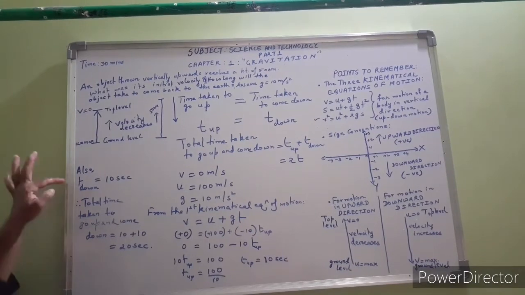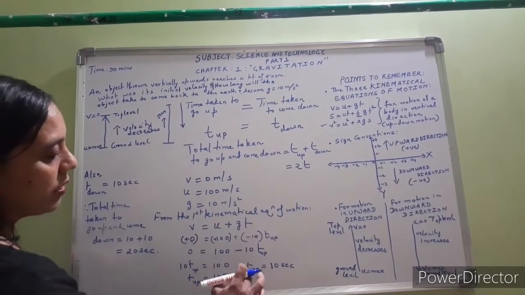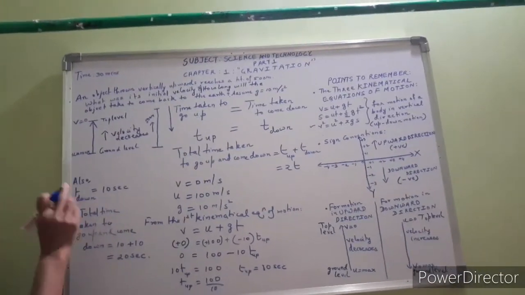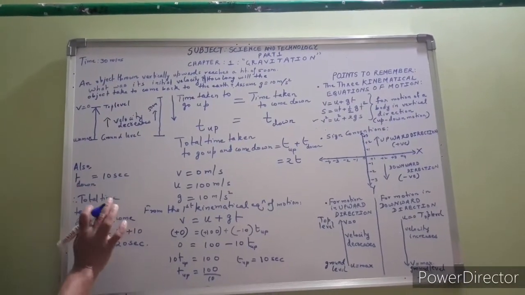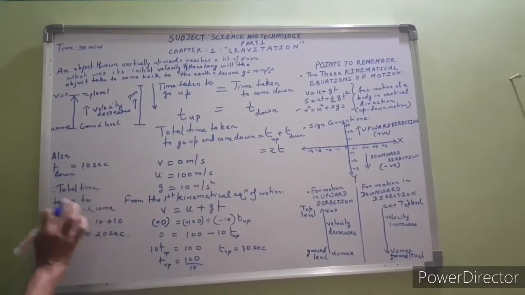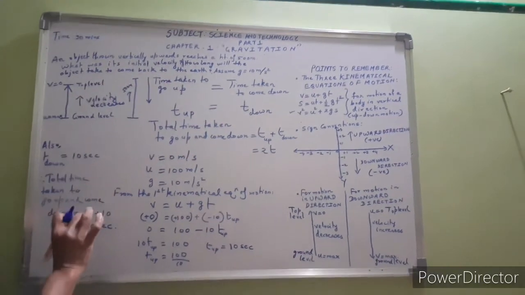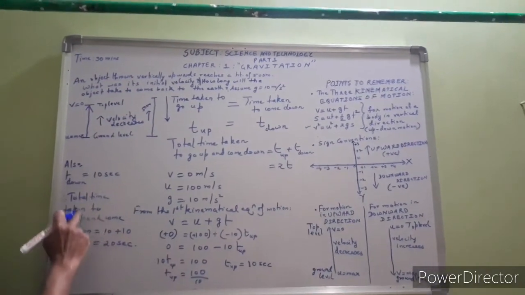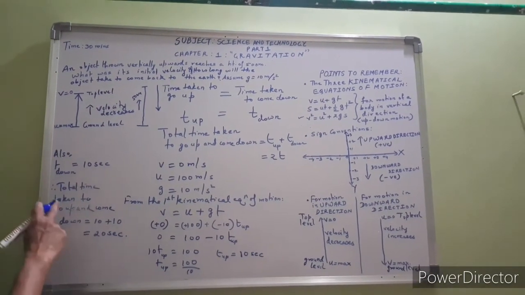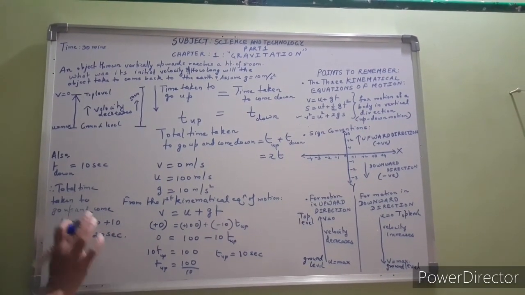So see again, t up ऊपर जाने के लिए पहले हमने निकाला, सॉल्व किया and we got the time taken to go up to be 10 seconds. Same will be the time taken to come down. ये पूरा सॉल्व करना नहीं है, यही जो वैल्यू निकली वही लिख देना है. So t down will be 10 seconds. तो हमको निकालना है हाउ लॉन्ग विल द ऑब्जेक्ट टेक टू कम बैक टू द अर्थ. यानी पहले ऊपर जाएगा फिर नीचे आएगा, तो ऊपर जाने के लिए कितना टाइम लगा और नीचे आने के लिए कितना टाइम लगा, टोटल टाइम निकालना है. So टोटल टाइम टेकन टू गो अप एंड कम डाउन इज 10 plus 10 is 20 seconds.